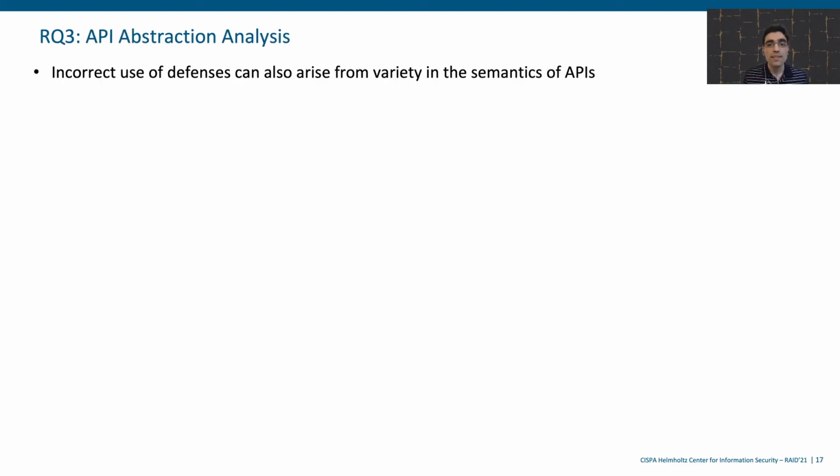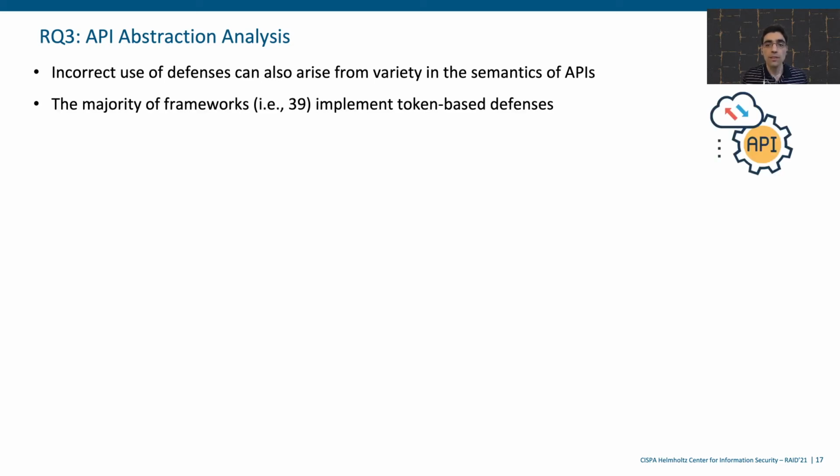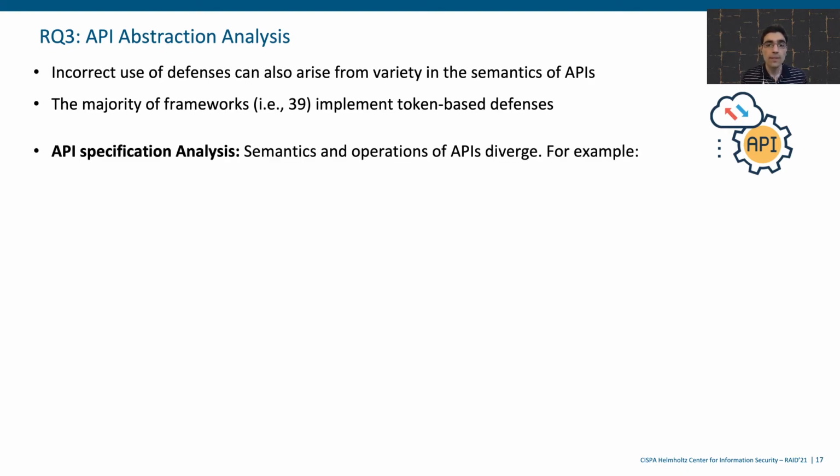Incorrect use of defenses can also arise from variety in the semantics and operations of APIs. In fact, although our evaluation identified different CSRF defenses, we observed that the vast majority of frameworks, that is 39 out of the 41 frameworks with a defense, implemented defense from the request unguessability category, that is a token-based defense. And our API specification analysis revealed that CSRF-related API semantics and operations diverge in integration, defense configuration, generation, and validation